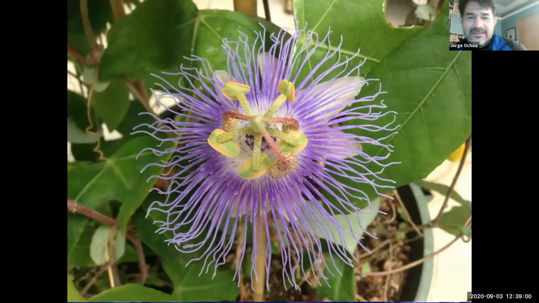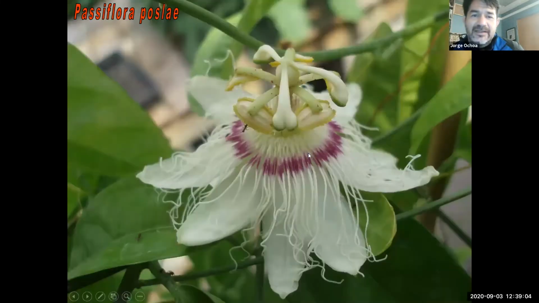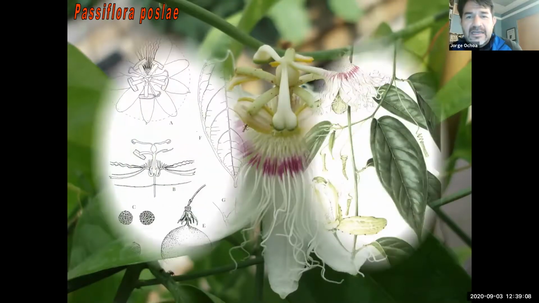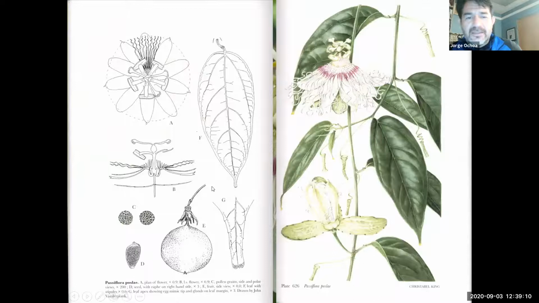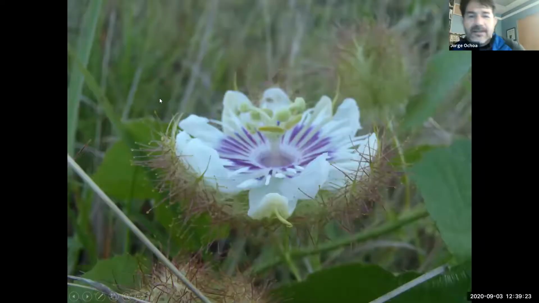We collected the seeds and they went to Europe, and they came back to America later. And then Passiflora from Costa Rica, I helped with the publication for the fruit. They needed to have records of the fruit, so I was able to get the fruit. And here's my photograph that I sent, which was used for drawing the fruit for the publication.